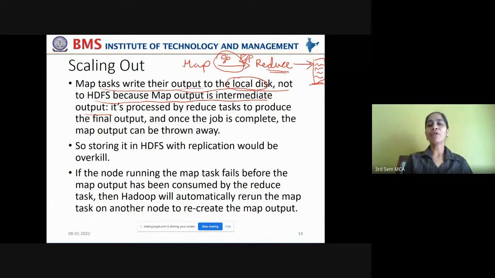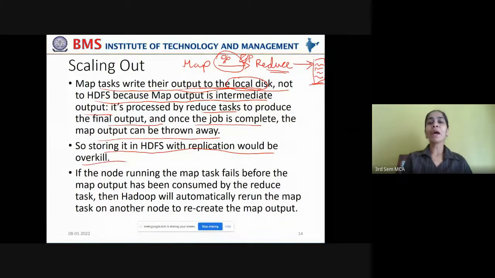Map tasks write their output to the local disk, not to the HDFS cluster directly, because map output is intermediate output. It is processed by reduce tasks to produce the final output, and once the job is complete, the map output can be thrown away. So storing it in HDFS with a replication factor would be overkill.